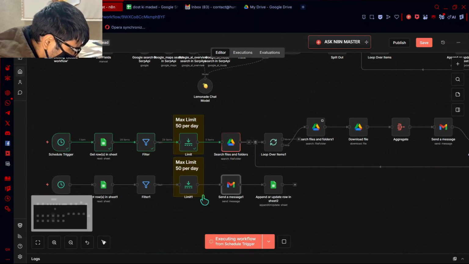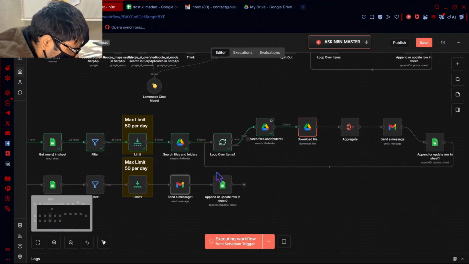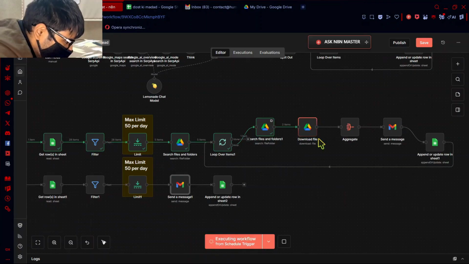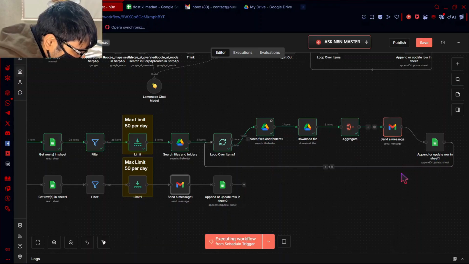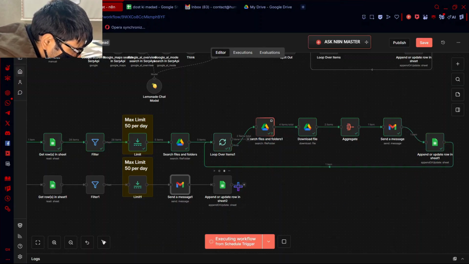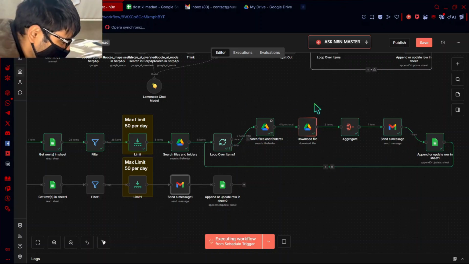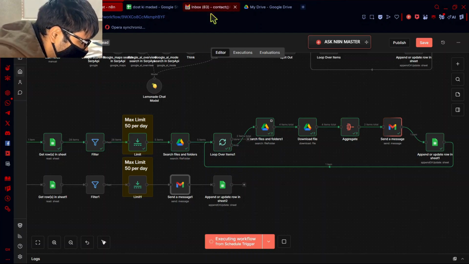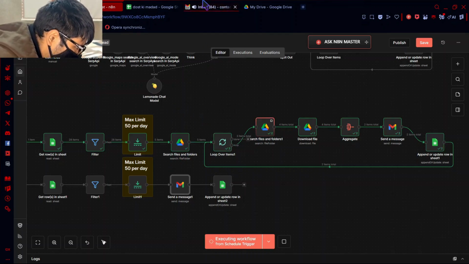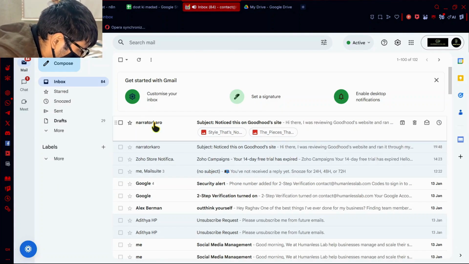So it will go searching files and folders, then it's going through the loop, then it's aggregating, and then it's going to save, and then the workflow will go again. So what is going on? Yeah, so the mail has been sent.